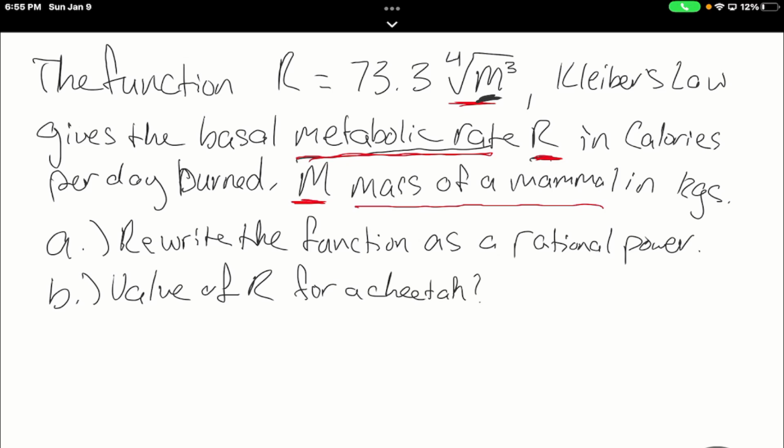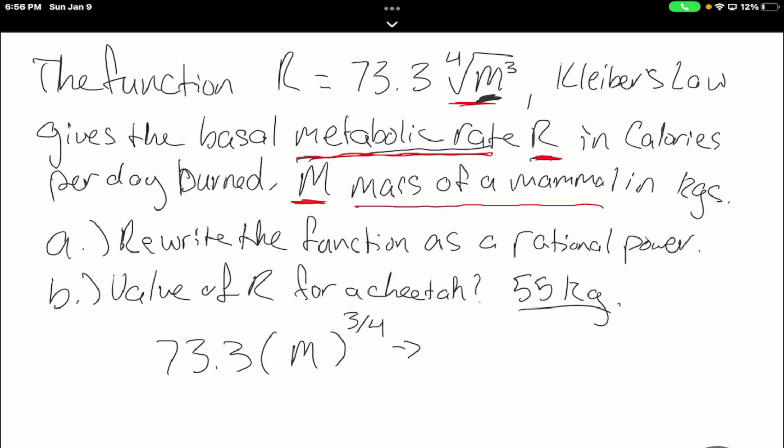And you're probably like, what the heck is the mass of a cheetah? So there's a table in the book that gives the mass of a cheetah being roughly 55 kilograms. So we're going to take this 55 kilograms and plug it in for the mass of the mammal, for capital M. In our original expression, that looks like 73.3, changed to rational power form. So let me rewrite that. M to the 3/4. When I plug in 55 for M, this corresponds to 73.3 times 55 to the 3/4